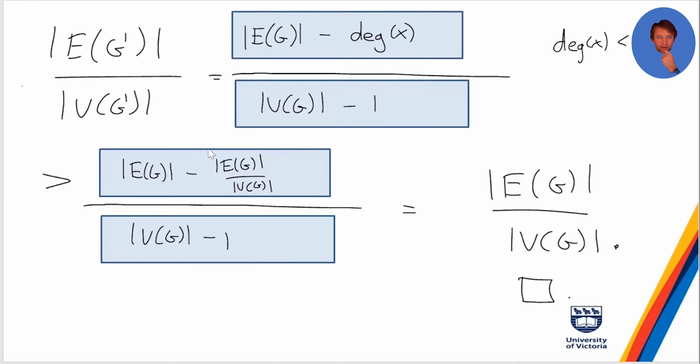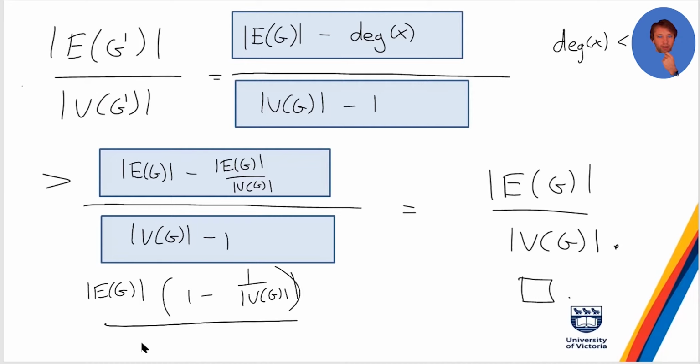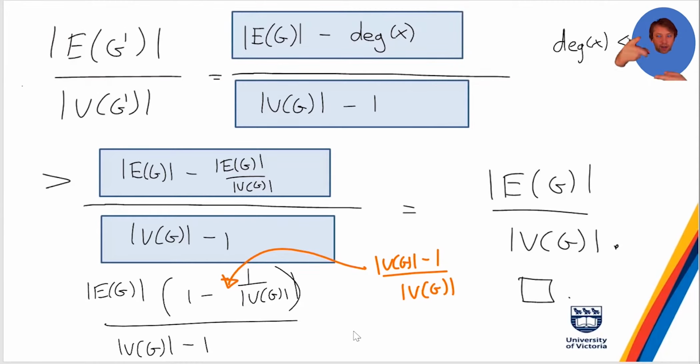Yeah. Wait, is that right? What happens when I factor out an E of G from the top? I get E of G times 1 minus 1 over the vertices of G. Yeah. Which is the same as vertices of G minus 1 over vertices of G. So I'm just replacing what's in these parentheses. And then you can see that the vertices of G minus 1 cancels, and you're left with this. So therefore,